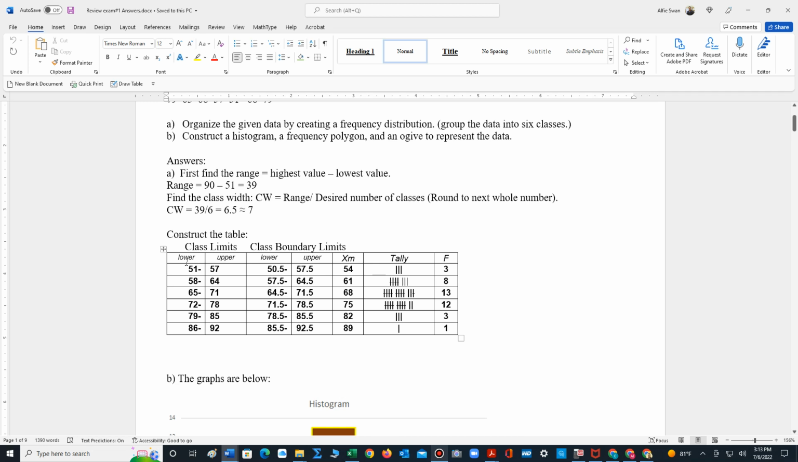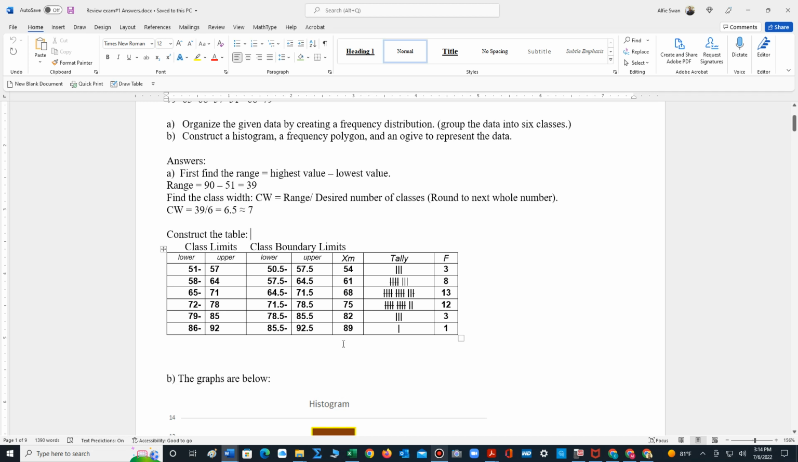The class boundary limits close the gap between the classes. To do this, we subtract 0.5 from the lower, add 0.5 to the upper for each class limit. For the midpoints, we add the lower and the upper. So if we add 51 and 57, that's 108. Divided by 2 is 54. And then once again, the midpoints are separated by the class width, which is 7. So if you add 54 plus 7, we get 61,